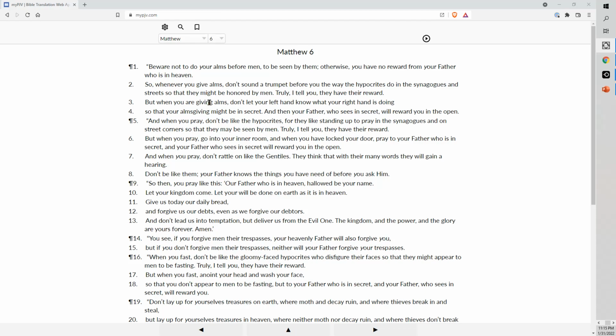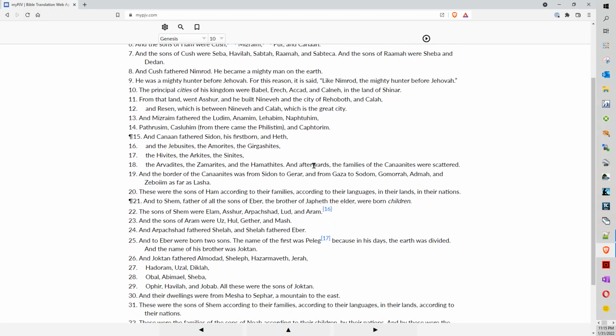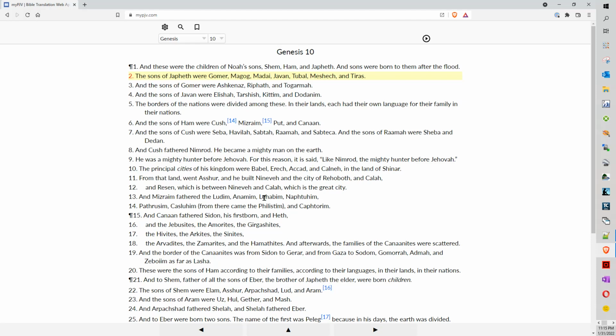Not going to spend a lot of time on how to use it, but there is a bookmark feature. You can bookmark verses. Here's Genesis 10:2, and it jumps there very quickly. You'll see the verse number is in red, which indicates that it has been bookmarked, and it highlights the verse for you. So that's basically the reading. I'll demonstrate in a future video how to make bookmarks and delete them and so on. The search,